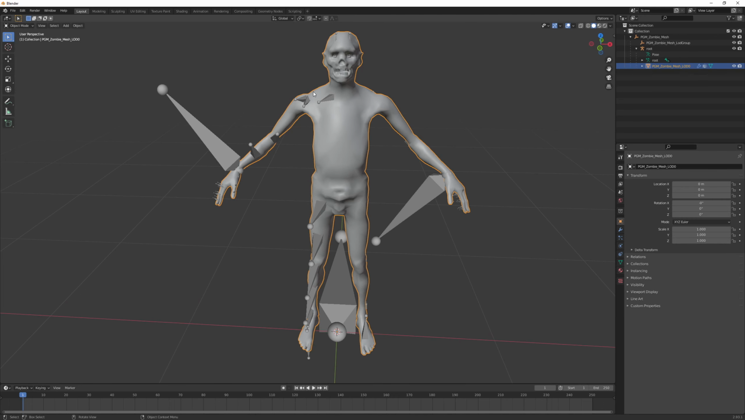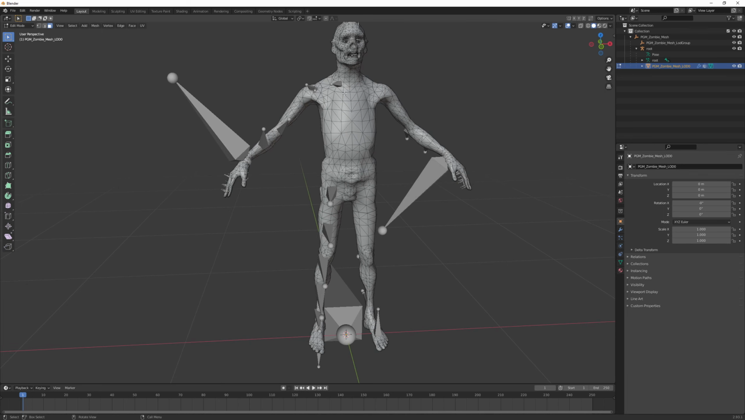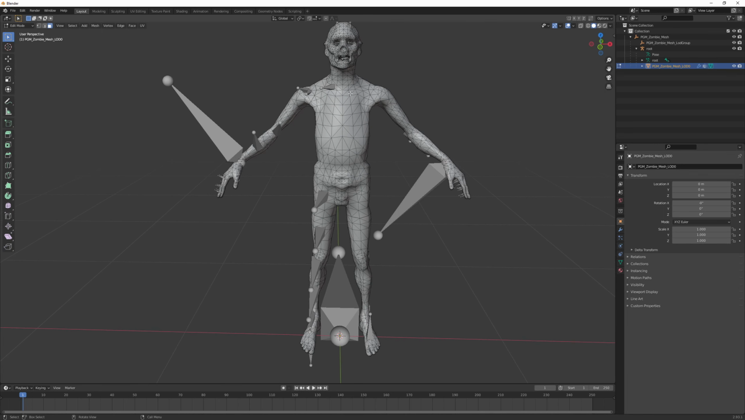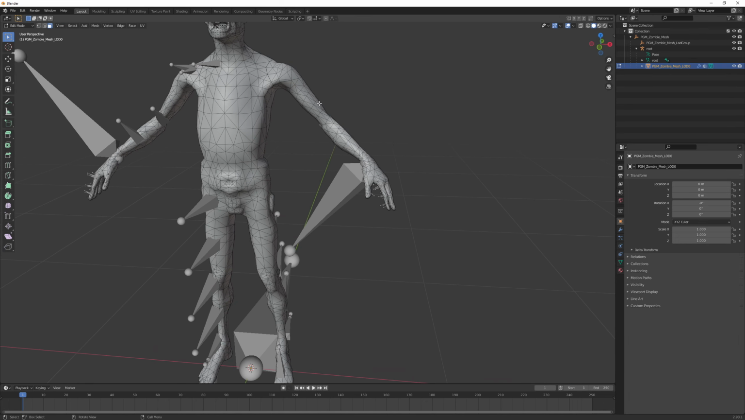So let's say I want to be able to blow off a part of his arm, for example. So I'm going to go into the edit mode for the mesh, and you want to make sure that you're in the faces mode. And then you can simply select the part that you want to be able to blow off. So I'm going to make a cut somewhere right in the middle of the arm here. So that way we are halfway